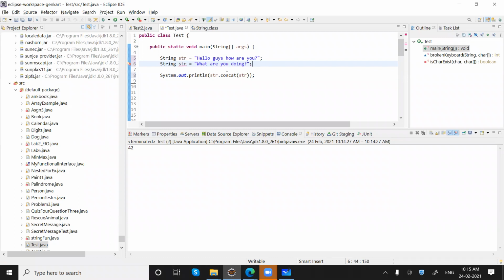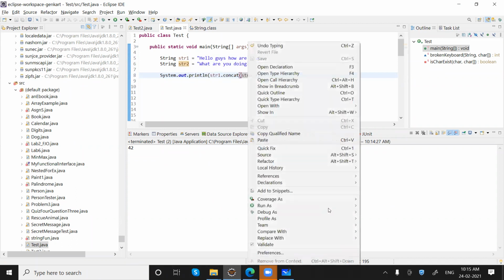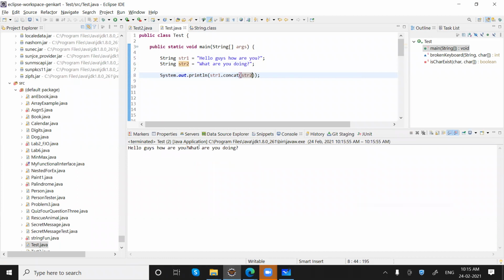Now let me call this one str1 and this one str2. I'm saying str1.concat(str2). What it does is append both of the strings, like we do with the plus symbol. So it will make the string appended with the second string.